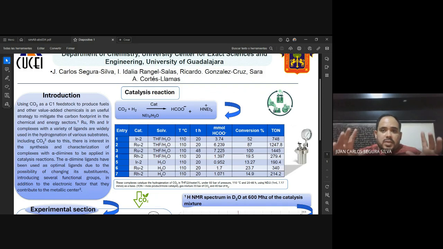Once the catalysis reaction is finished, we proceed to add a specific amount of TMF as a marker, and this gives the calculation of the concentration of